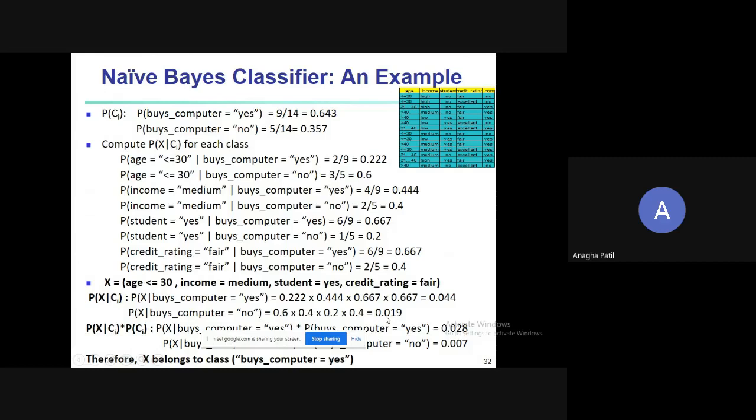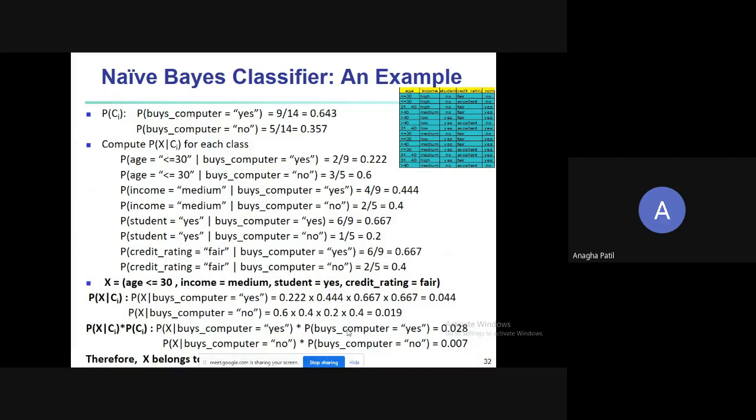Now, as this is totally dependent on the theorem, which says conditional probability, we have this conditional probability to be multiplied by the probability of the class label. So this probability for yes is multiplied by the probability of buys computer equal to yes.